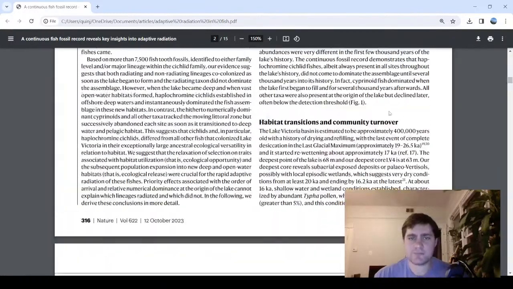All right. Habitat transitions and community turnover. The Lake Victoria Basin is estimated to be approximately 400,000 years old, with a history of drying and refilling, with the last event of complete desiccation in the last glacial maximum approximately